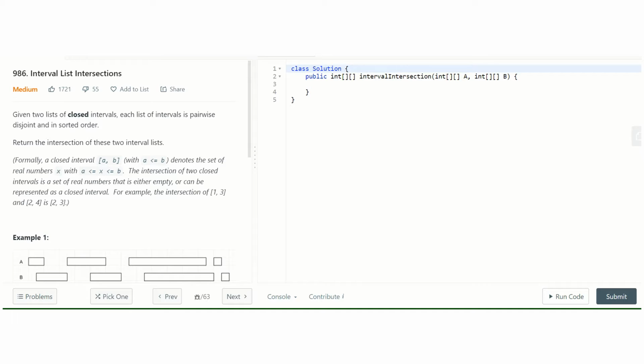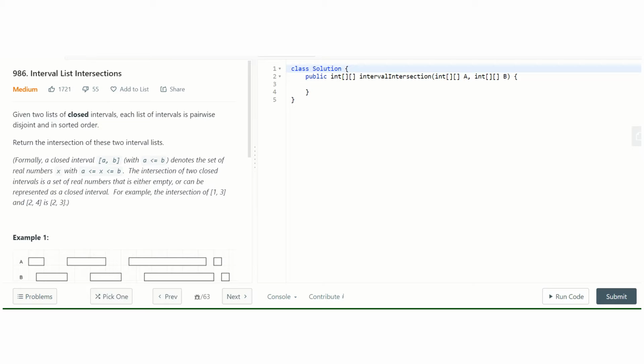The first possibility is that the first list's ith interval lies completely to the left of the second list's interval, or to the right of it, or intersects with the second list's interval. In the first two cases there is no intersection, so we simply proceed to further intervals. In the intersection case, we need to consider only the interval that is overlapping in both the intervals we are currently considering.